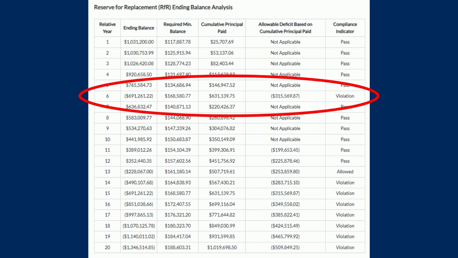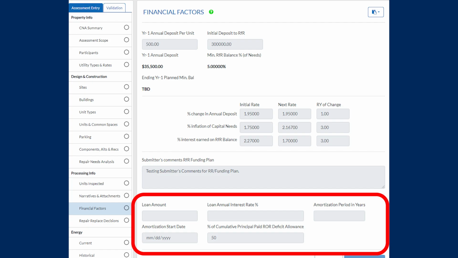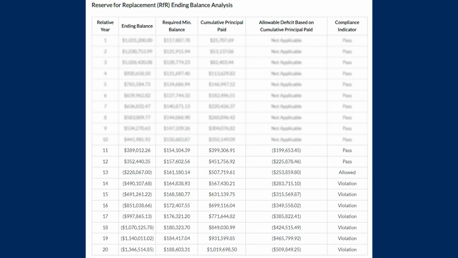If the property is not in a position to increase either of these amounts, additional financing may be required. The mortgage information supplied on the financial factors screen populates the cumulative principal paid fields of the reserve for replacement ending balance analysis. This table shows that the RFR account balance may go below the required minimum deposit amount in years 11 through 20 of the CNA estimate period, provided the deficit does not exceed 50% of the property's cumulative